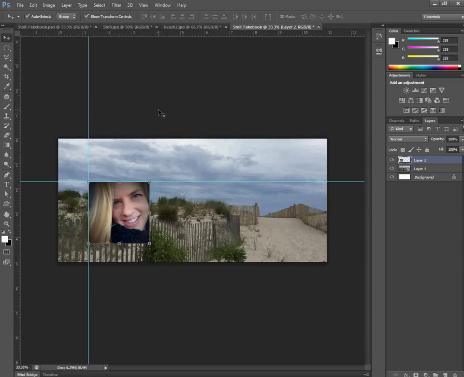Okay, this is the second video of the fake book layout. Now we're going to start to add some more features to the image. And first what we're going to do is, if you double click in your layer, so I'm on the beach